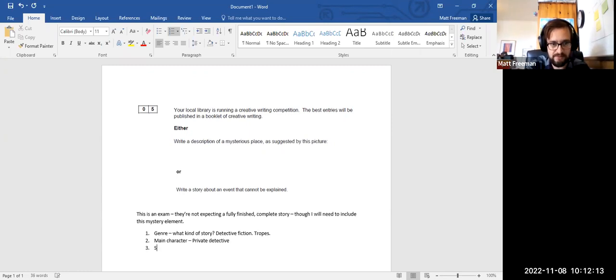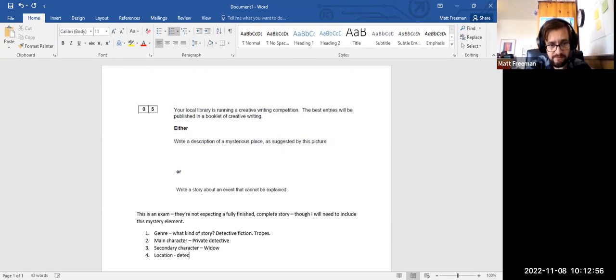So our secondary character, we're going to have the widow, and again, she's playing with these conventions. She's going to come from the upper classes, and her husband could be an industrialist, maybe he owns a chain of shops or something like that. And maybe he's had a bit of a murky past as well, because I think everyone in this story will have. Okay. So I've got my main character, my secondary character, my genre, and I need a location.